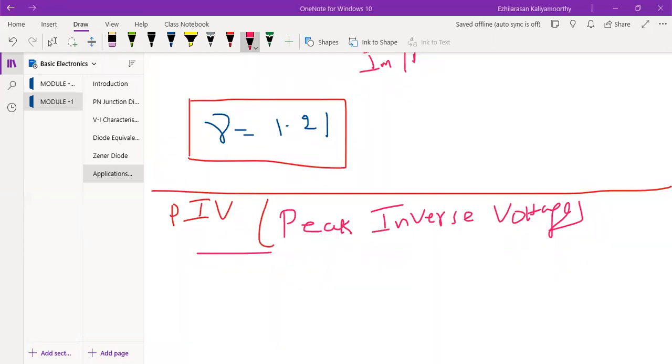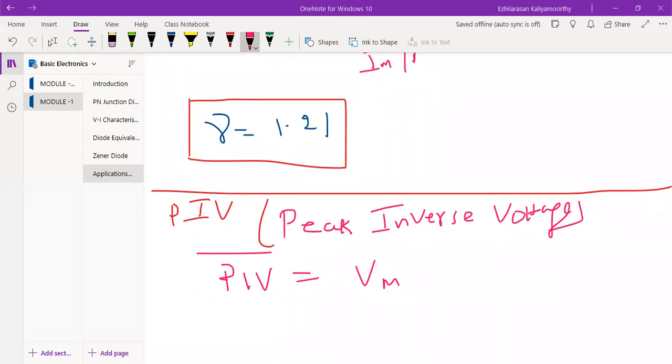However, on using a capacitor filter, that is in the output after the diode, the PIV rating of the diode increases to 2Vm. So simply, we can say the PIV is equal to Vm, the maximum voltage. Very important: peak inverse means the maximum reverse voltage, and the maximum reverse voltage we get is Vm only.